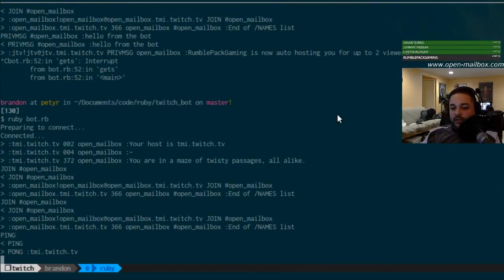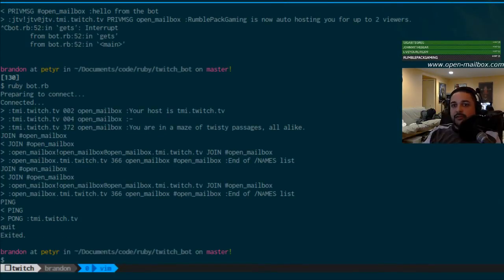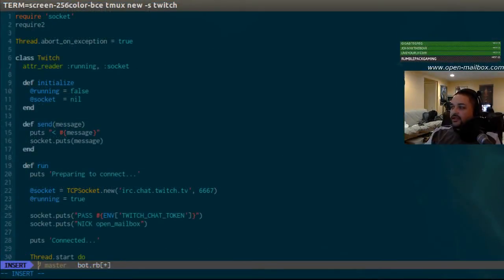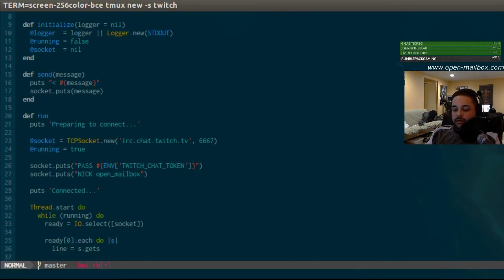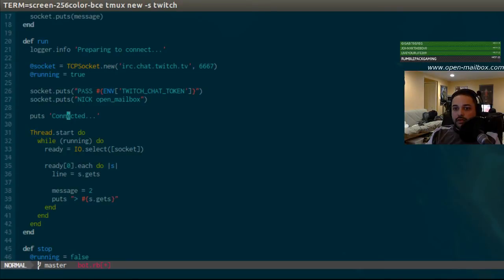Let's make our logger a little bit more formal, because I'm wondering if something's going on here. So let's actually use a real logger. Logger equals logger or log to standard out by default, and then down here, we'll log every message we get.